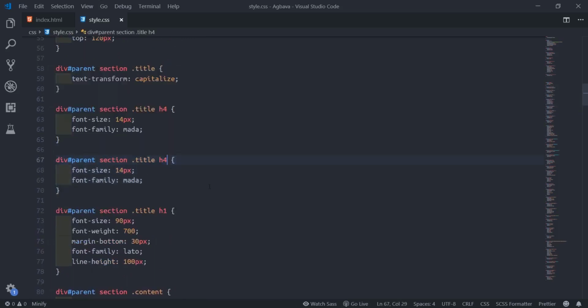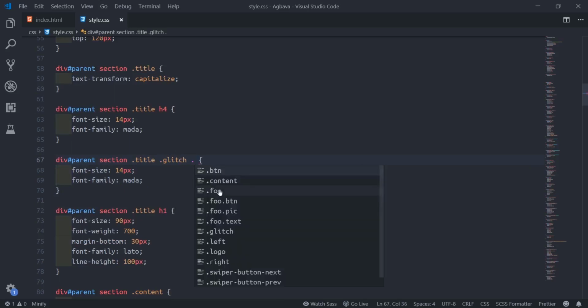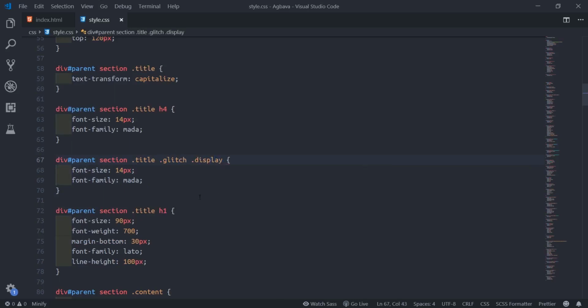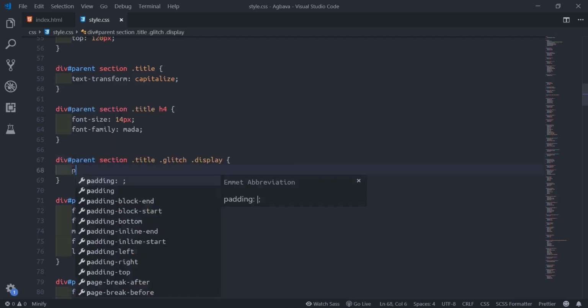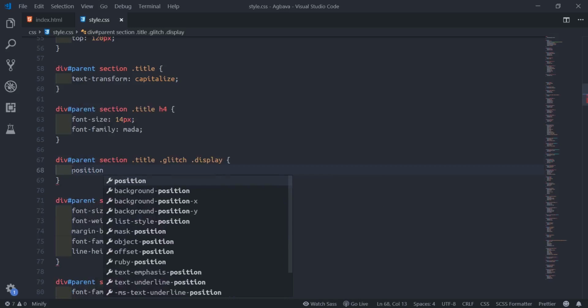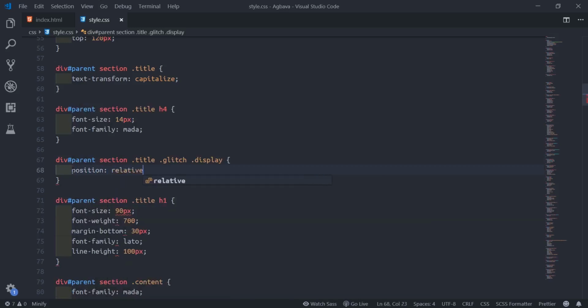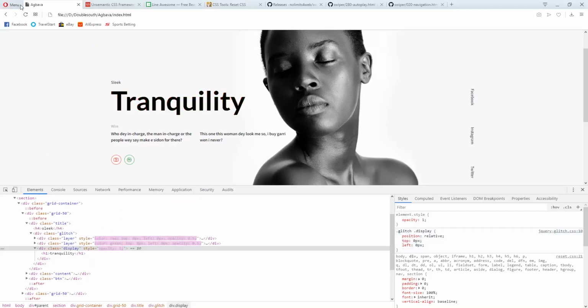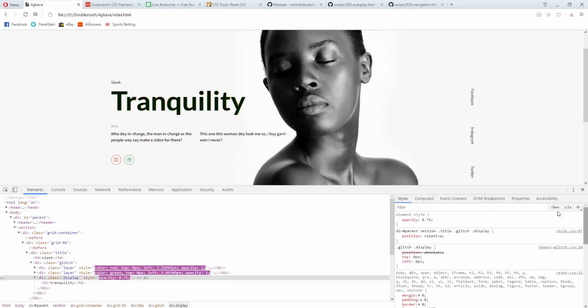Then I'll say dot place dot display, because we just want position relative. Now refresh, and let's see where it is set.